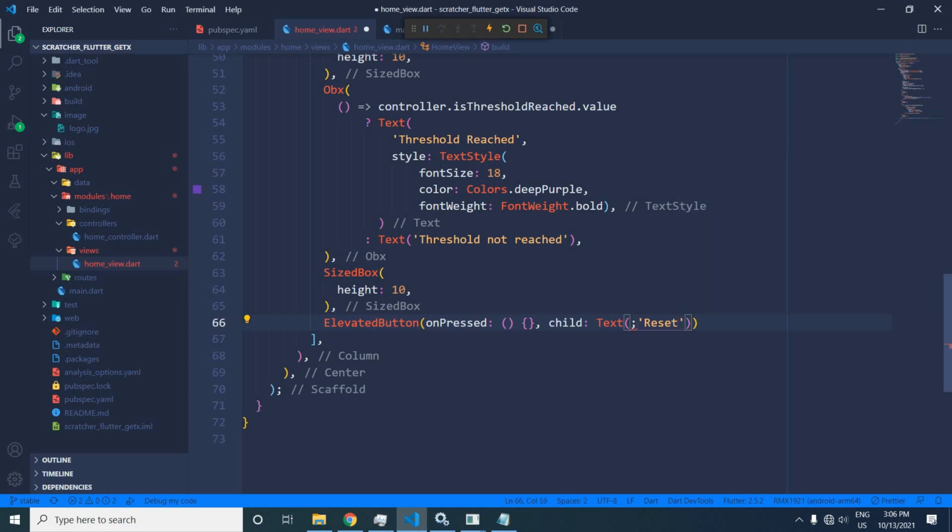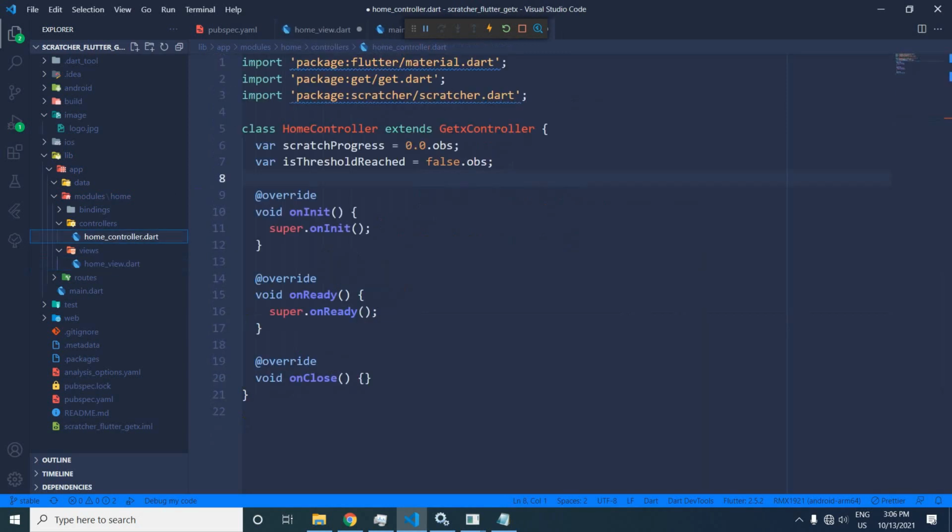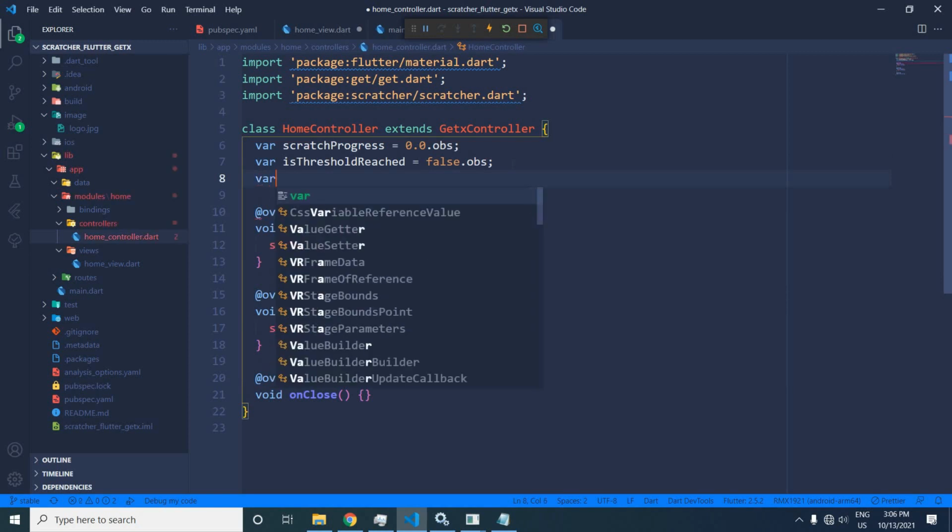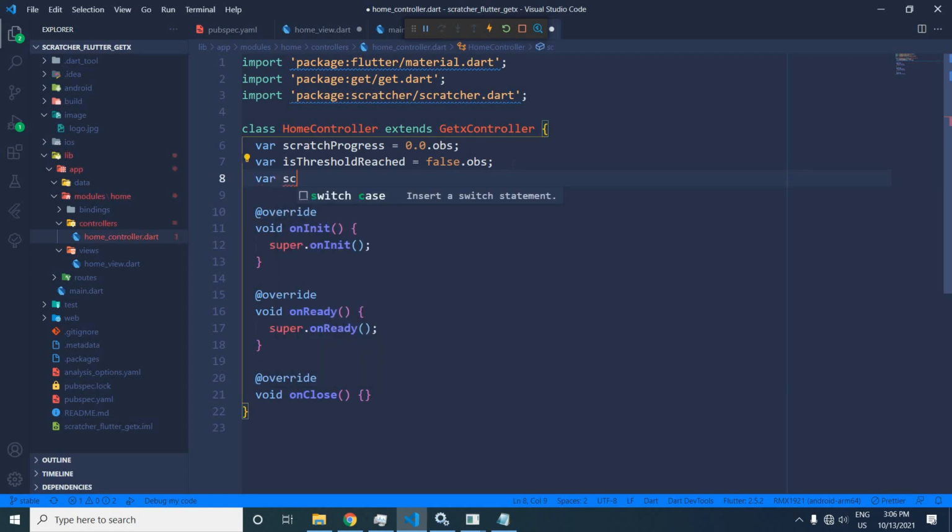Okay. Now in the home controller I will create one more variable, scratchKey. Better if I change it to final.